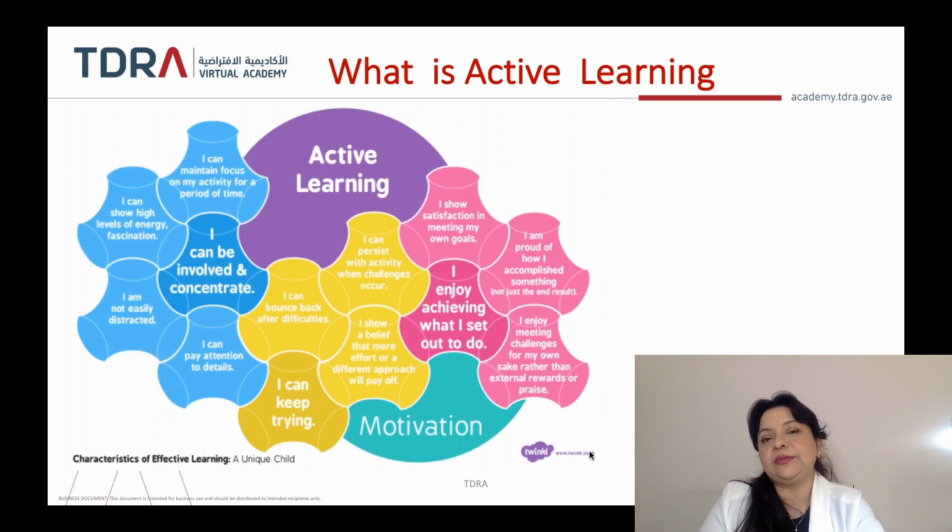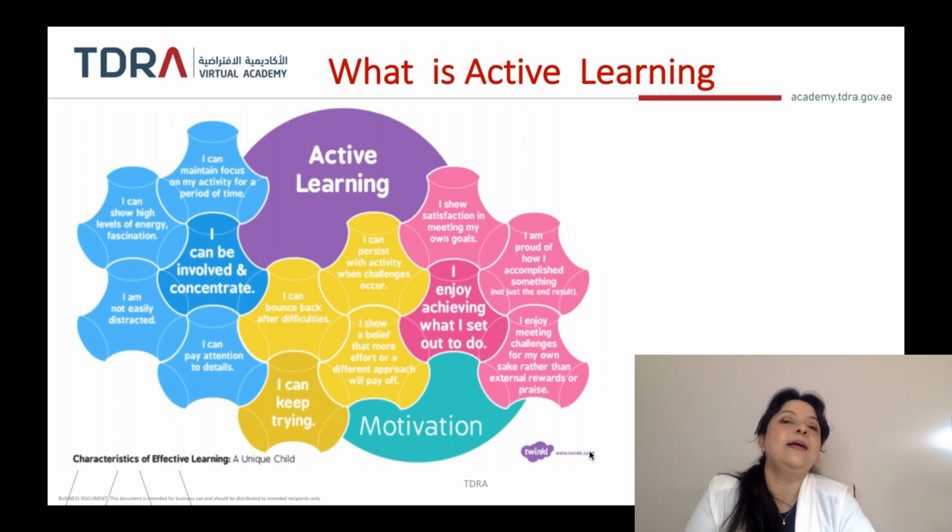First, a little psychology of the active learning. Active learning promotes a huge amount of motivation. And why is that? Because it generates something called the I can narrative inside your head. What is the I can narrative? So when you start saying things like, I can learn from this. Oh, I'm better at this than I was before. I'll bounce back from this failure. I'm not doing fine, but I can do better. I can maintain my focus. I can pay attention to details. I can maintain sustained levels of energy. I can be involved in this process for a long time. These are all I can statements.